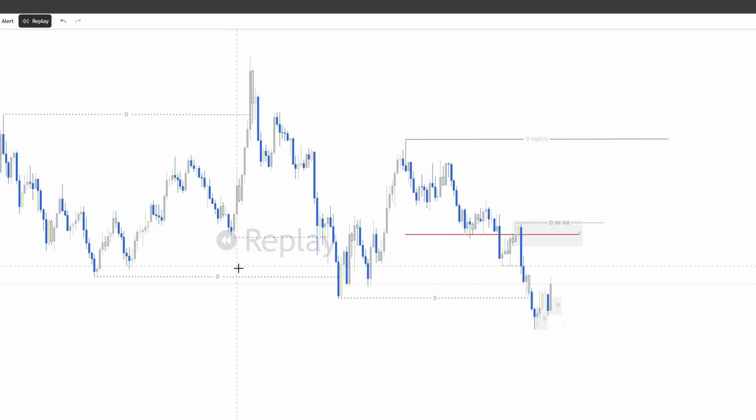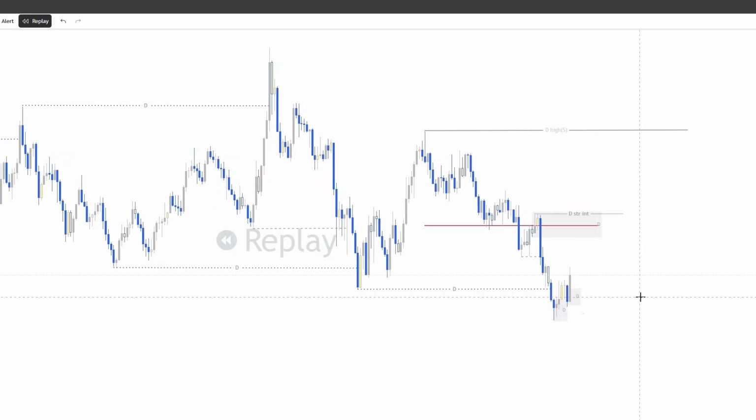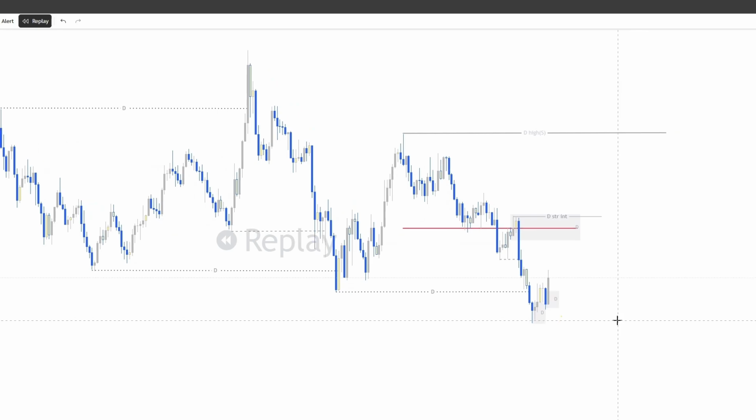Here is what I did exactly on the trade that I just showed you. First of all, I looked at the higher time frame first. Anytime I come to my desk, I look into the higher time frame. Looking at this higher time frame, I try to see what price is doing for that particular day. In this case, we have price